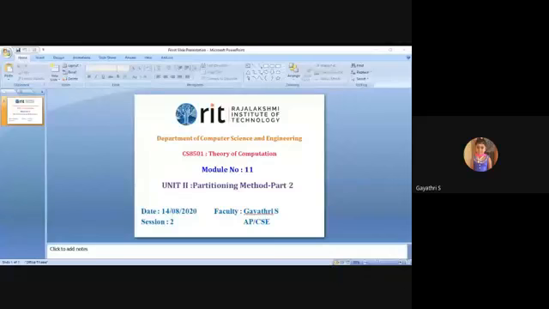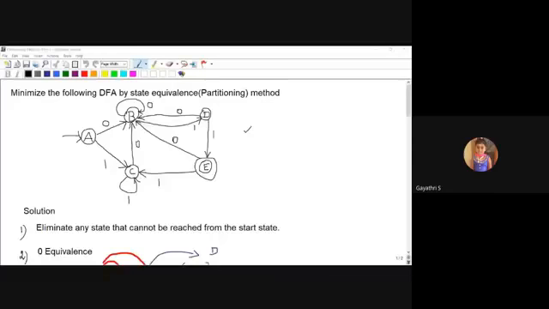So let me move on to the previous problem first. Okay, this is the previous problem.